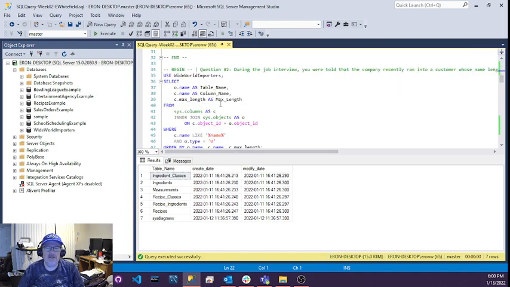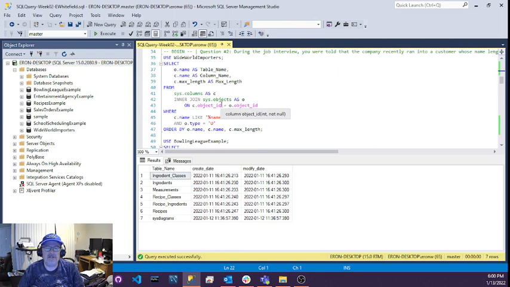For the second question, it was asked of us to show the query that would show that there was a field that was too short to hold the information that was being typed into it, specifically a name field. So I wrote a script that goes through the objects table and the columns table and looks for the max length of each of the columns, so that I could see how long each column was. If I run this first one here,